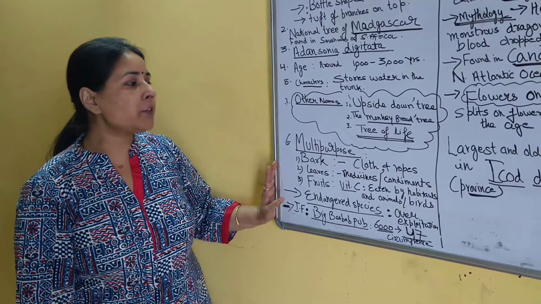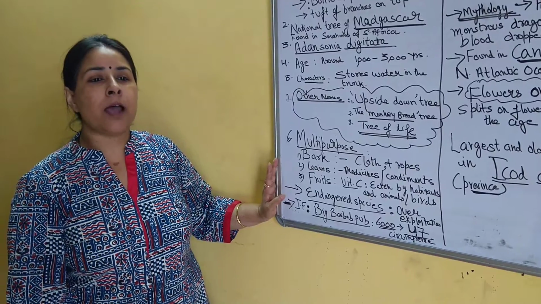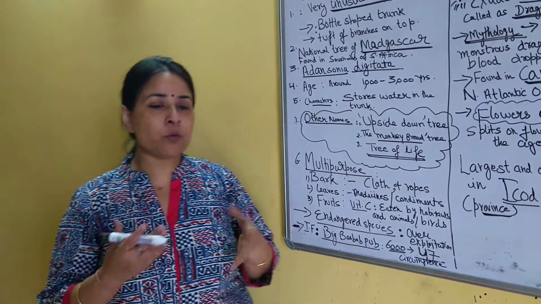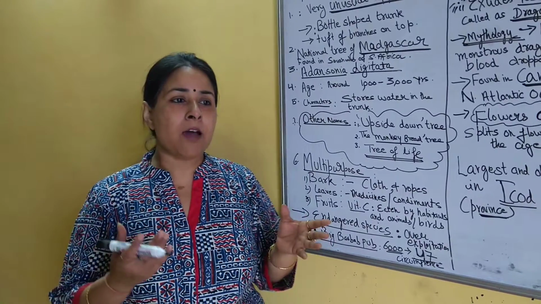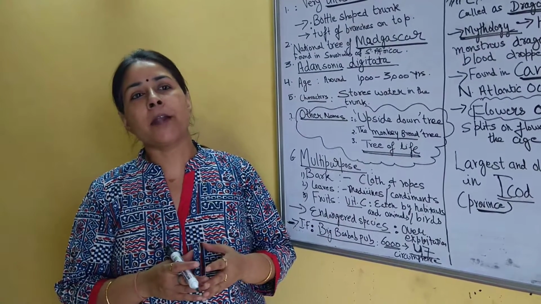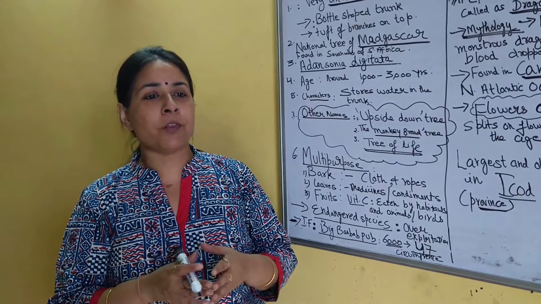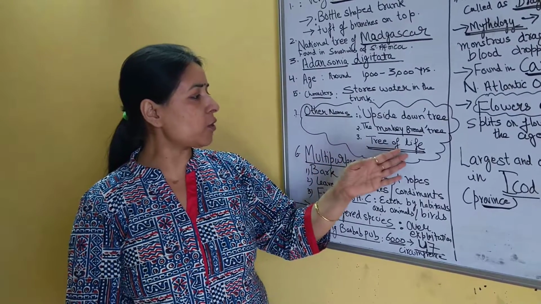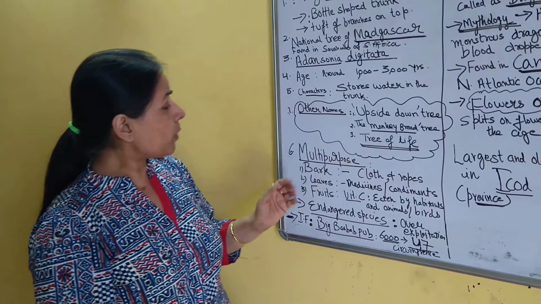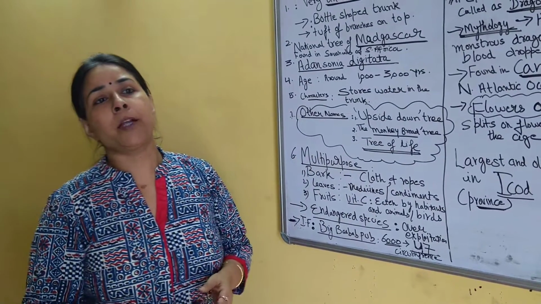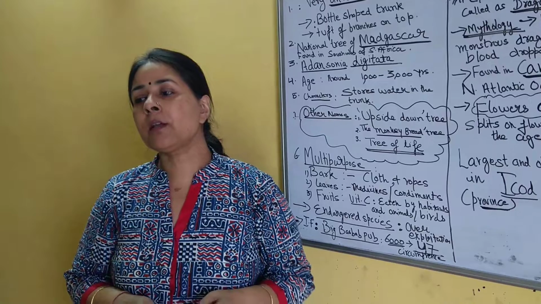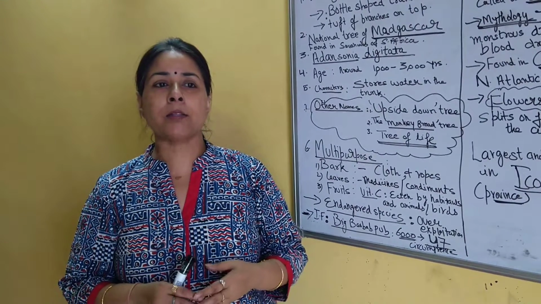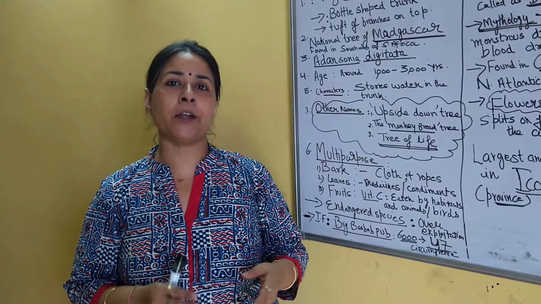So the tree appears as an... it gives enthusiasm to whoever has a sight of this tree and puts a new life into the organisms or the inhabitants. That is why it is also known as the tree of life. Now, it is a multi-purpose tree. Multi-purpose trees are those trees which have all the parts, and all those parts provide you with something